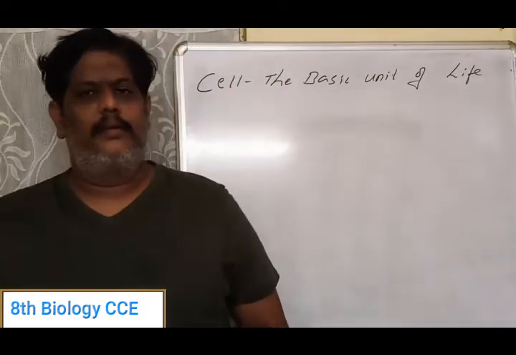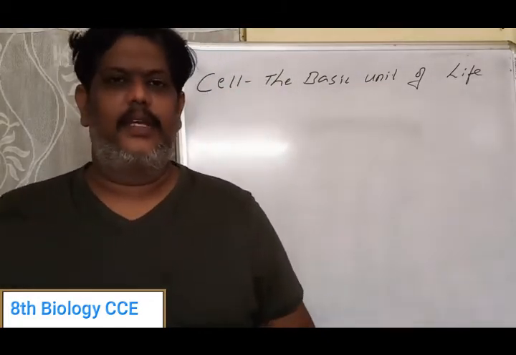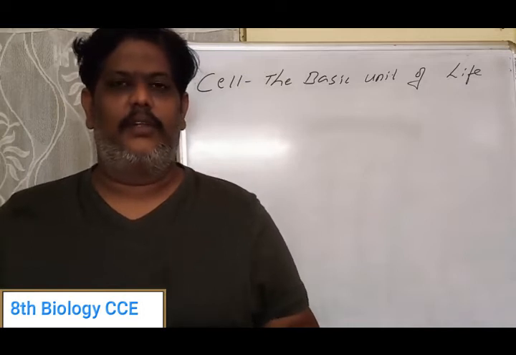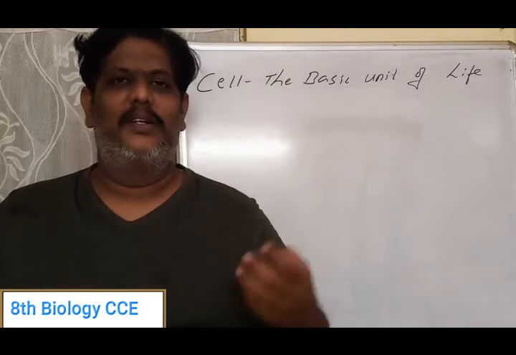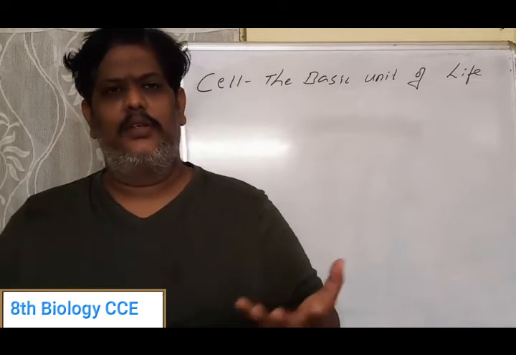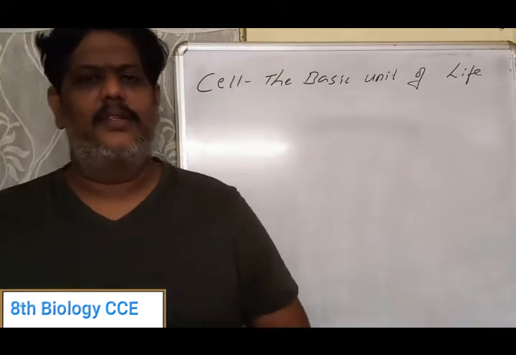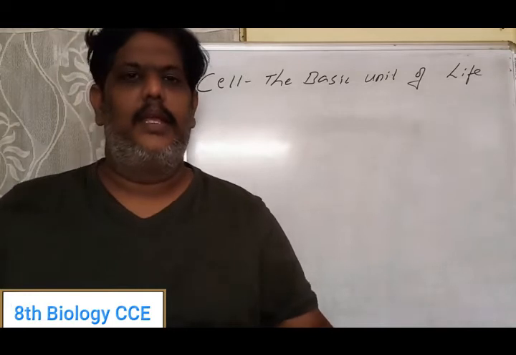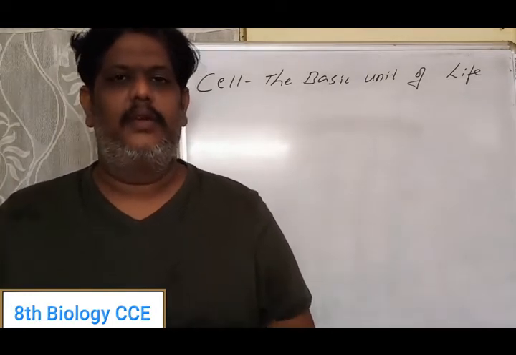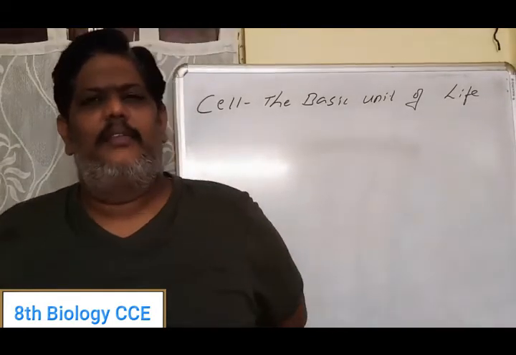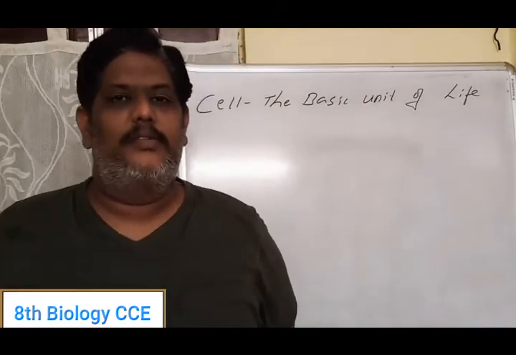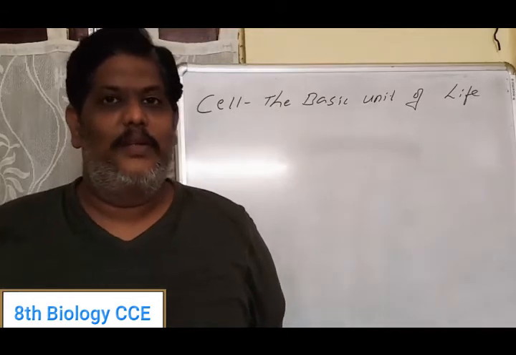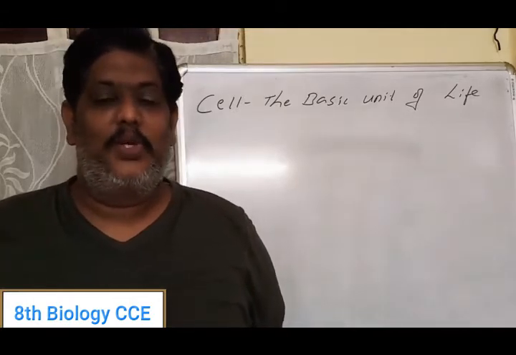Okay, if I ask you a question, what are the organisms which you see on the earth, immediately the answer which comes out of your mind is human beings, animals, birds and insects. So are there any other organisms other than this? The immediate answer will be no. So it is said that our earth is a beautiful place with so many microorganisms, so many insects, so many birds, so many animals, human beings, right?